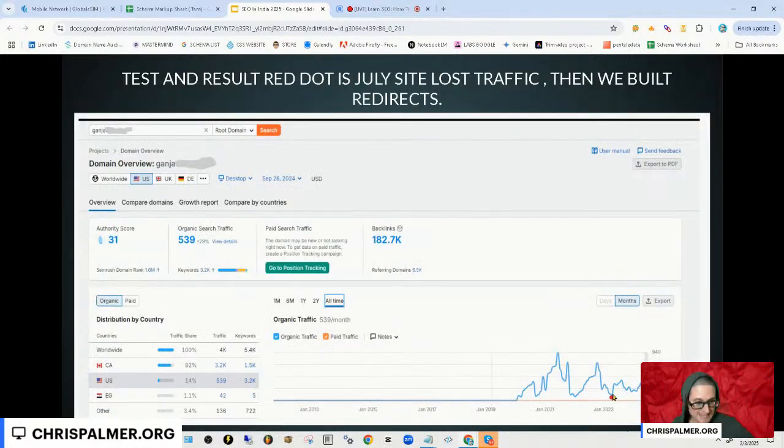Skyrocketed it. If you take a look at this red dot here, we were able to take the site that was initially in a free fall, and we were able to get it out of the free fall, picking it back up. Now, it's been a long time since I talked to this gentleman, but we haven't talked again. It was a success. They would have come back if there were any issues. With that being said, did these actual 301s from assets that we controlled, that we set up exactly how I told you, pass power? We made sure they were good. We sent them to internal pages. We sent the creme de la creme, but we sent all of the other stuff too to internal pages. Did it help? In this particular instance, absolutely.